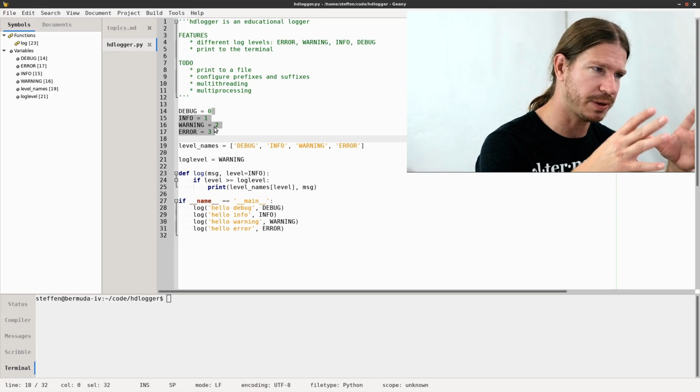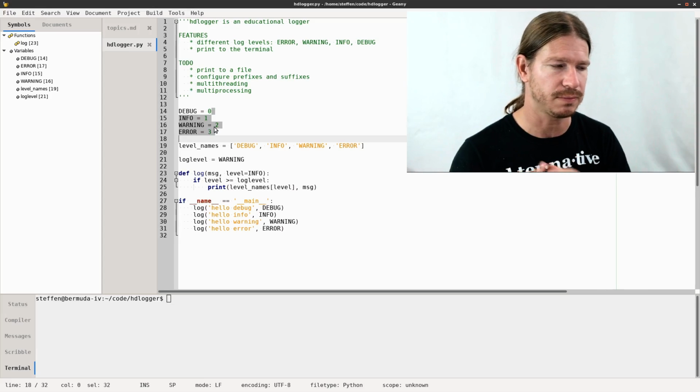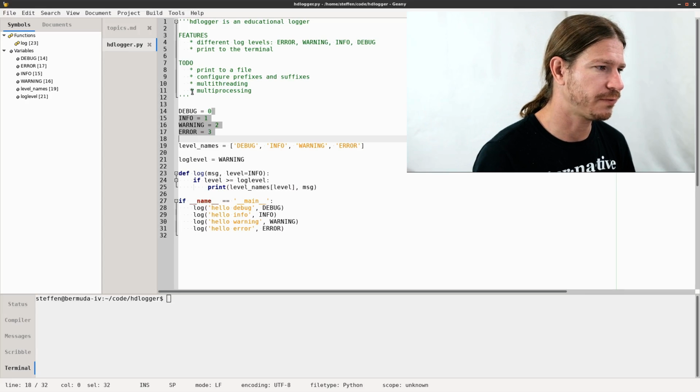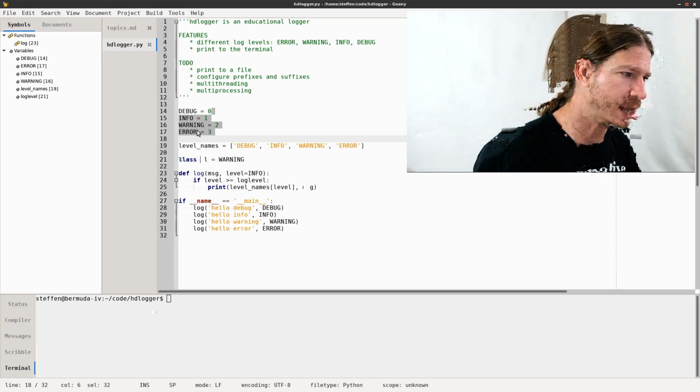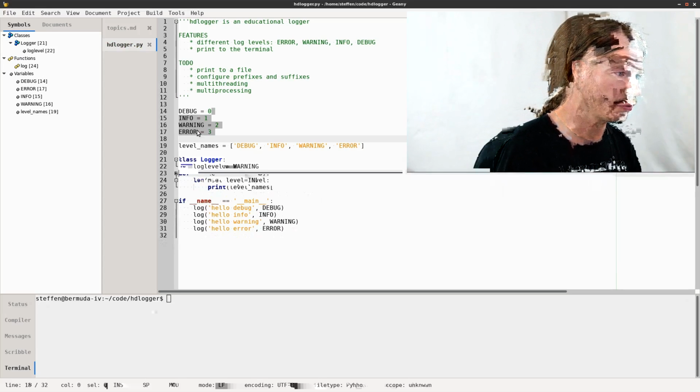So it still is part of the logging mechanism, but not of the instance of a logger later on. So we're going to leave those first five lines here. I'm just going to call it logger, and I'm going to adjust the